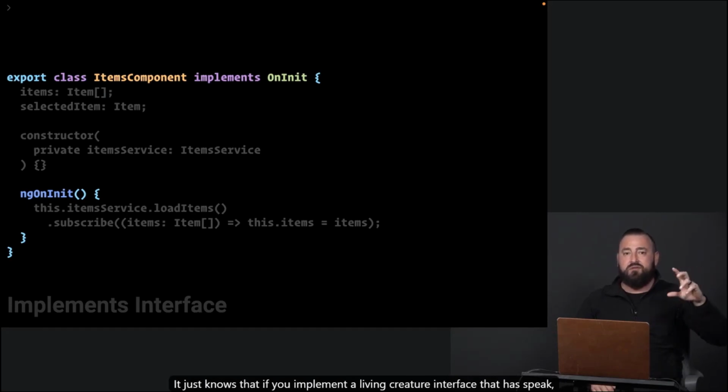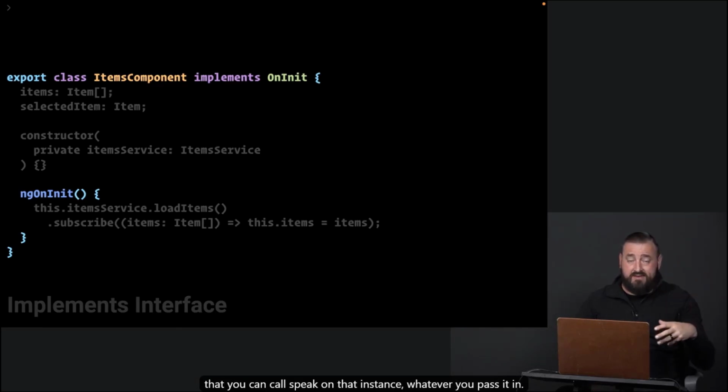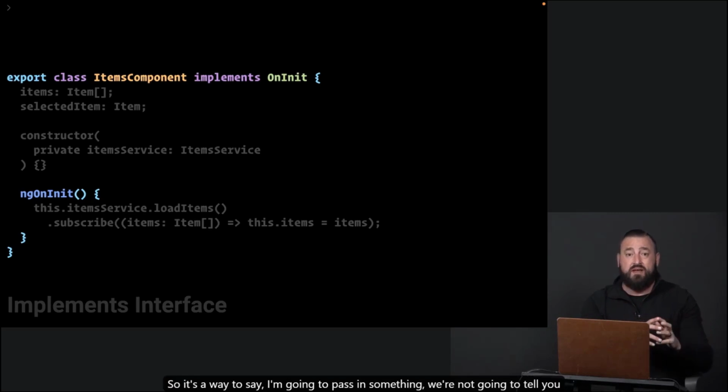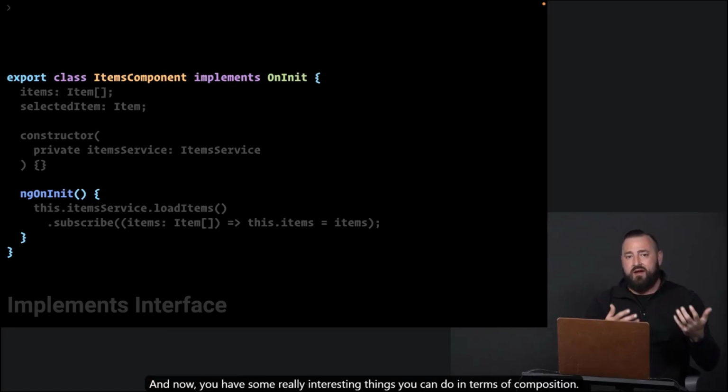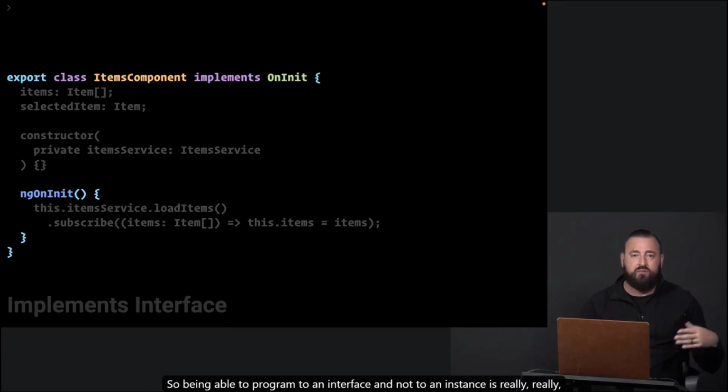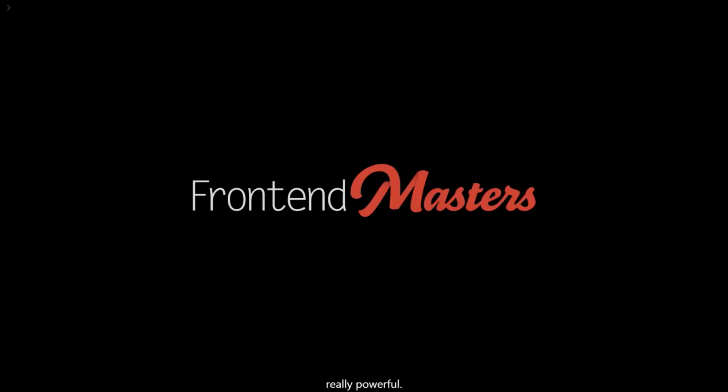It just knows that if you implement a living creature interface that has speak, that you can call speak on that instance, whatever you pass in. So it's a way to say, I'm going to pass in something. We're not going to tell you what it is, but it's going to be of this type interface. And now you have some really interesting things you can do in terms of composition. So being able to program to an interface and not to an instance is really, really, really powerful.